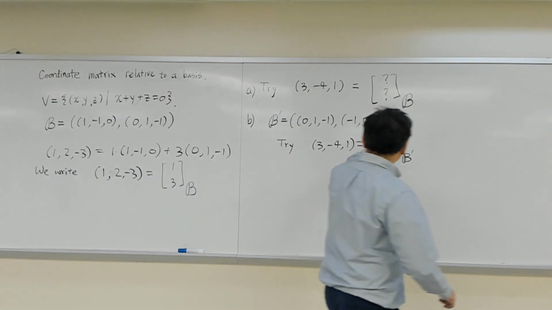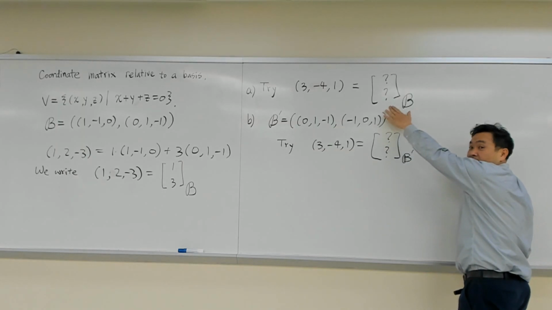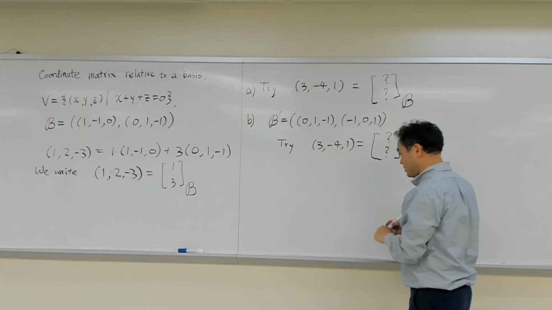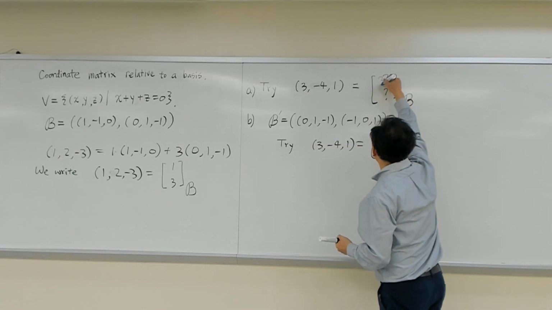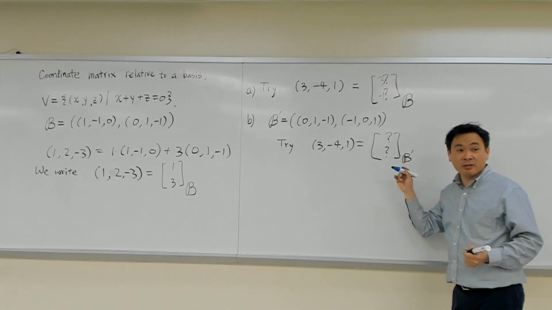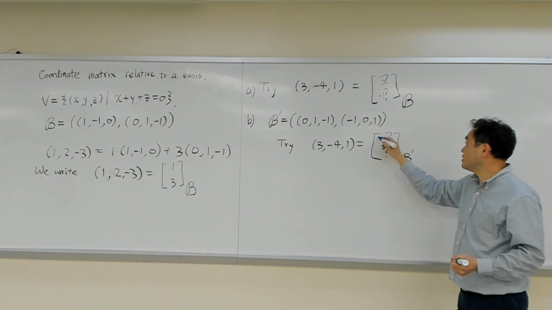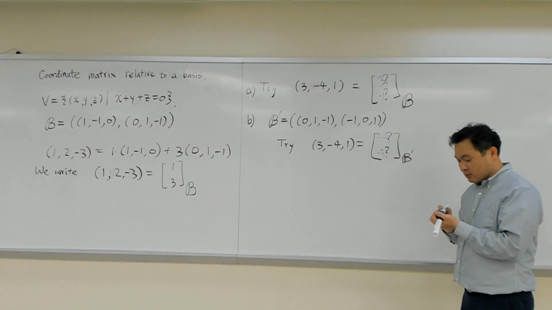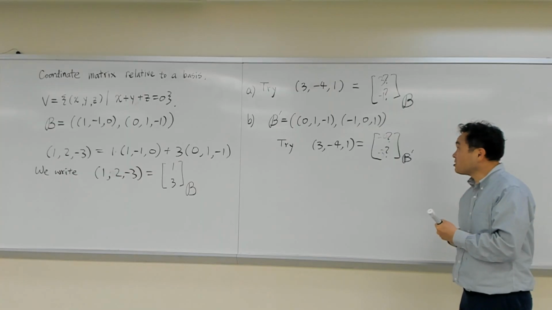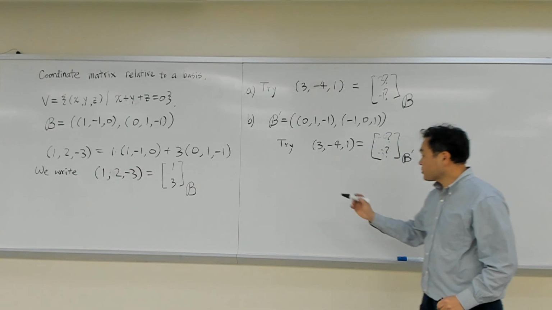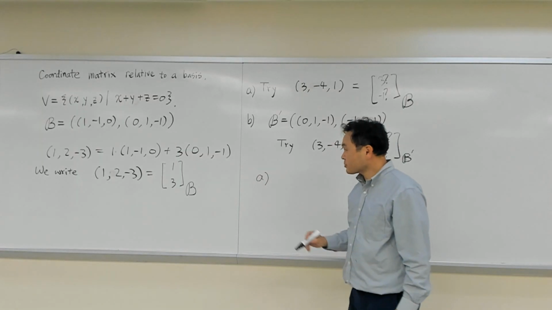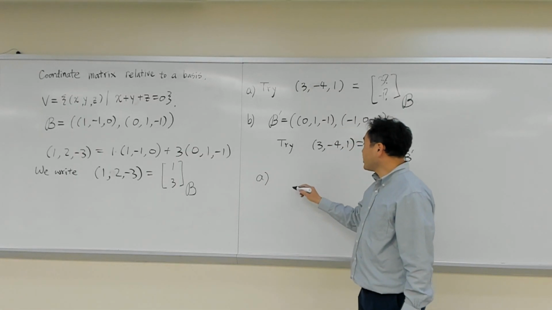What did you get for the first one? 3, -1. 3, -1. What did you get for the second one? -4, -3. So let's see how we can get that result. So for A, we're trying to say